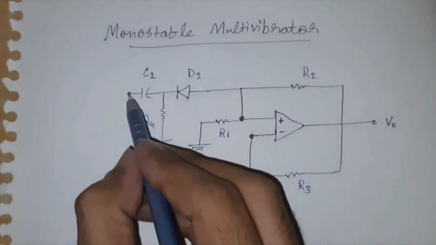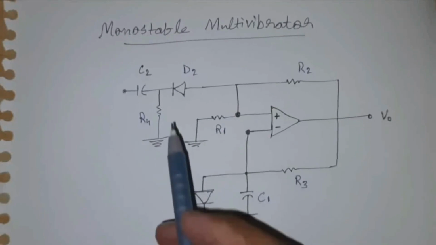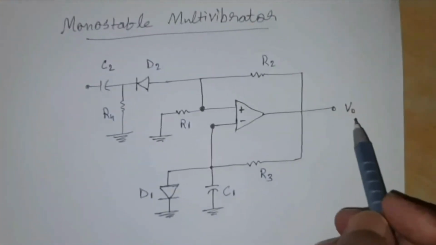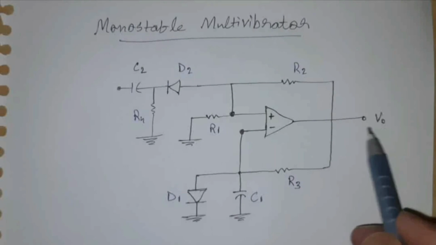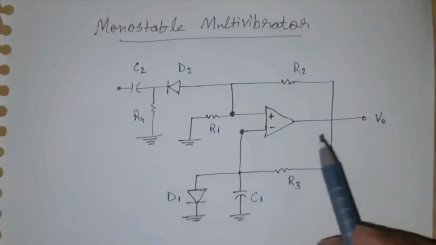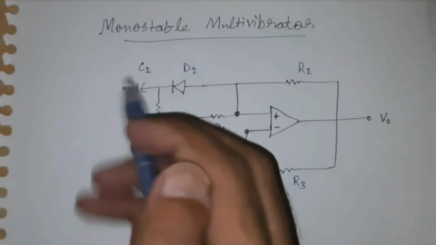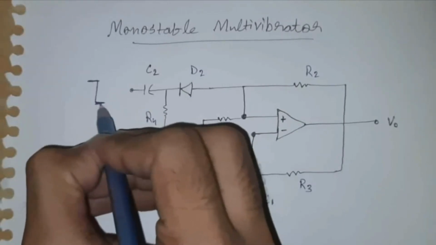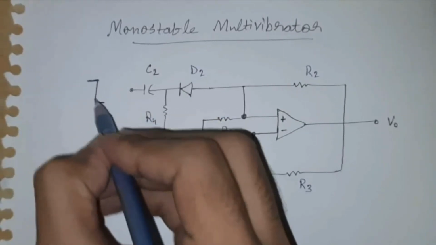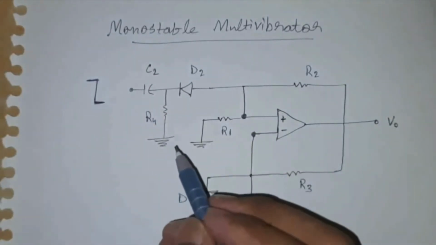So we are going to introduce the input signal here at this point. Now let us start by supposing that at this V output, the initial voltage is plus V saturation or plus V sat, and that is the stable state we are considering, and hence minus V sat we will be taking as the unstable state. So let us start by introducing a pulse here, which is like this. It was at a high state, and then later on it moves to the lower state. So how do we proceed?